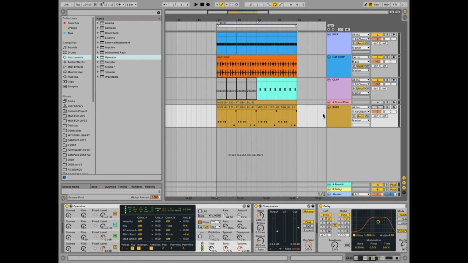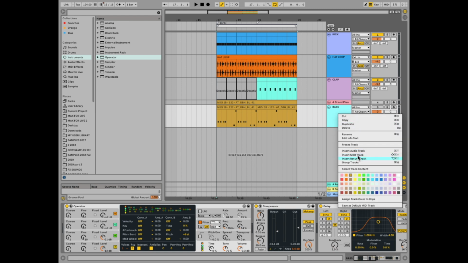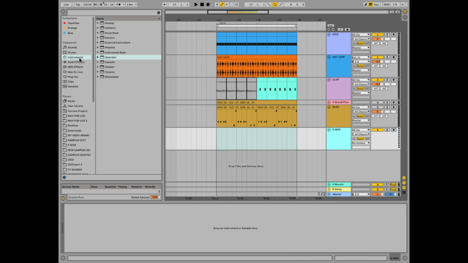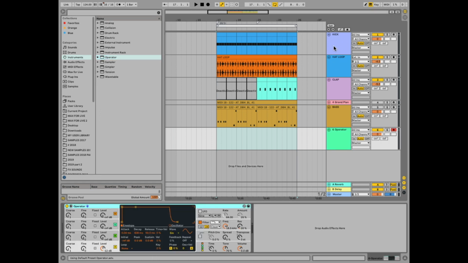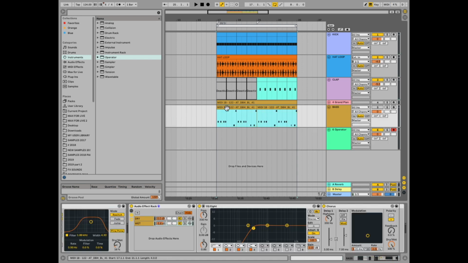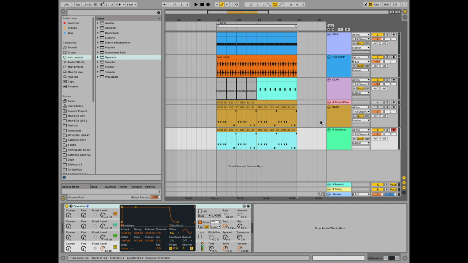So I'm going to mute this bass channel and load in a brand new MIDI track here and load a default operator. In the drums, I've got nothing fancy going on, just a kick drum, a hat loop, and a clap, and that's how they sound without the bass sound. Pretty simple drum loop. Now, I'm just going to copy the MIDI notes from the previous bass channel,